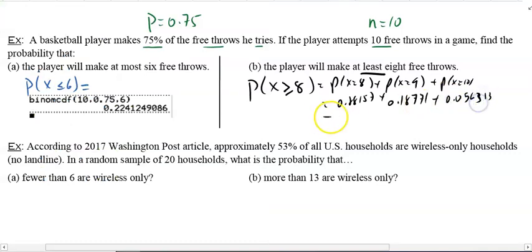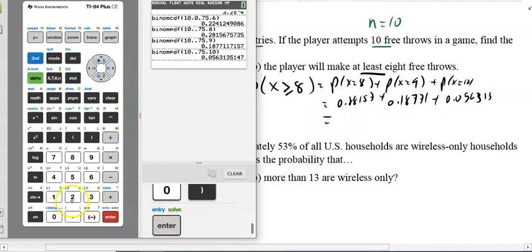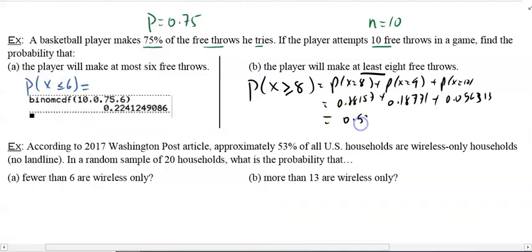Now if I add all of those, if I get my calculator and take 0.28157 plus 0.18771 plus 0.056313, I'm getting 0.525593. Or guess what? Instead of doing all of that, I'm going to say that's 1 minus